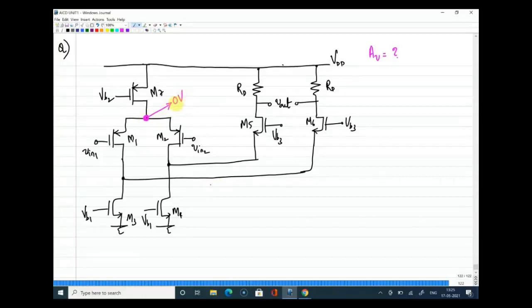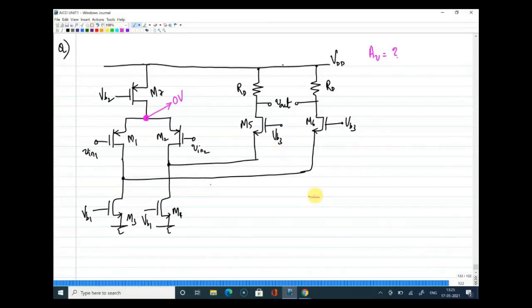This will go to 0 because if you look at this, in the first branch, the only element in the line of symmetry is M7, and this node will go to ground. In the second branch, even if you draw a line of symmetry, there are no elements in the line of symmetry, right? So you have to draw the half circuit for the circuit we currently have. How will you draw the half circuit?